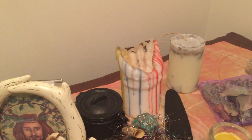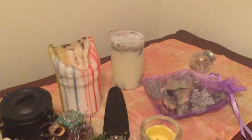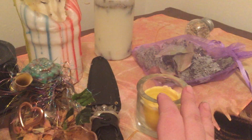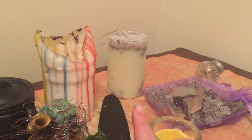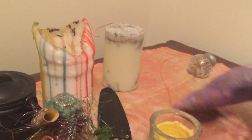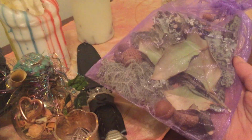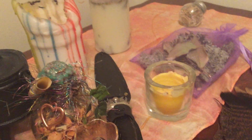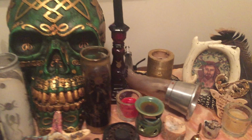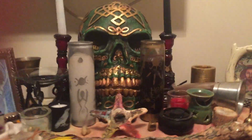I need to melt that bad boy down and recreate it, and then I'm starting to add some more things for Imbolc. I've got a dedication candle. I just made that candle for Imbolc, and then some beautiful pieces of nature that I got sent for Yule as well, and I absolutely love it. So I'm going to put that with my Imbolc things. But like I said, I'm kind of adjusting things around